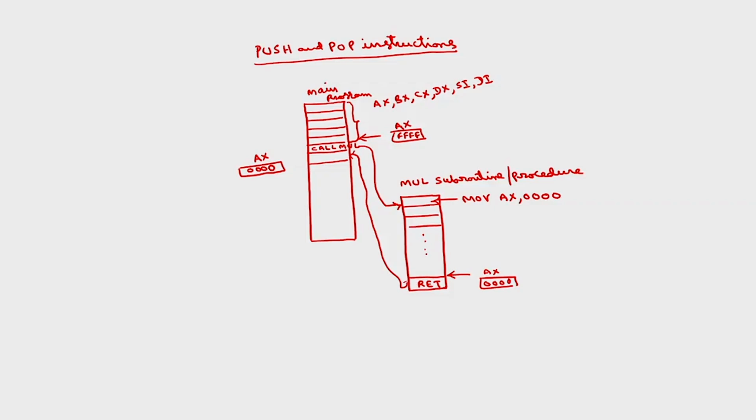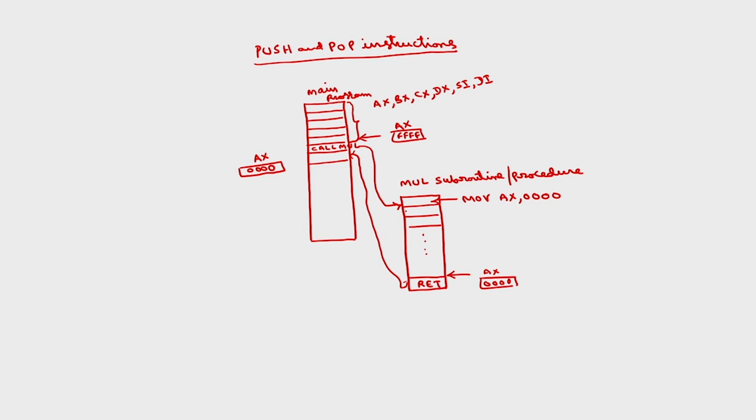So, here in the subroutine, if I use this register for some other purpose, then while returning back, the contents of AX will have been changed. So, now what is the solution? The solution is, before the microprocessor control goes to this subroutine,